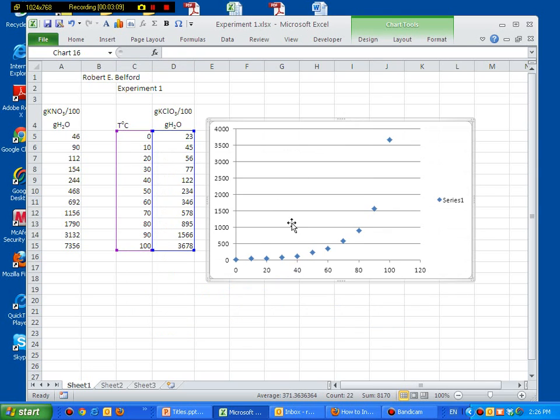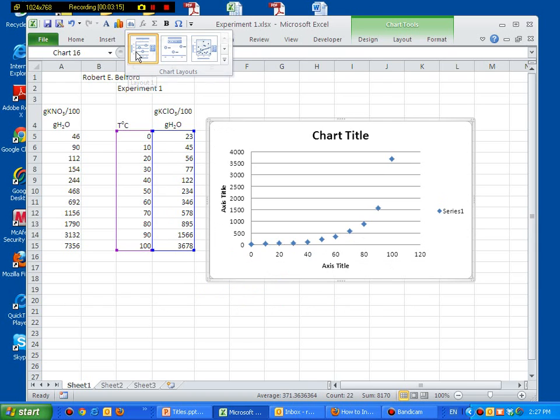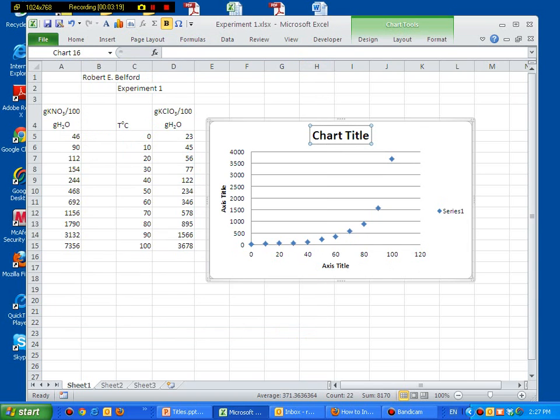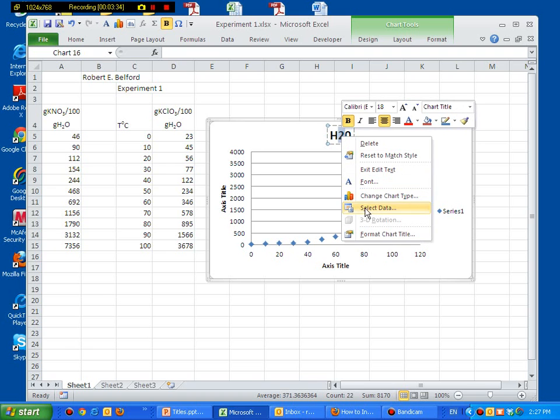Now, we also need to put in titles, so we go back up here to the chart layouts option, and I usually like the first option. And now you need to type in your title, and this title needs to describe the graph. Click it once and highlight. But I want to show a few other tricks. Let's say that you wanted to write delta water, okay? So you can write H2O, and now you can highlight the two, right click, font,